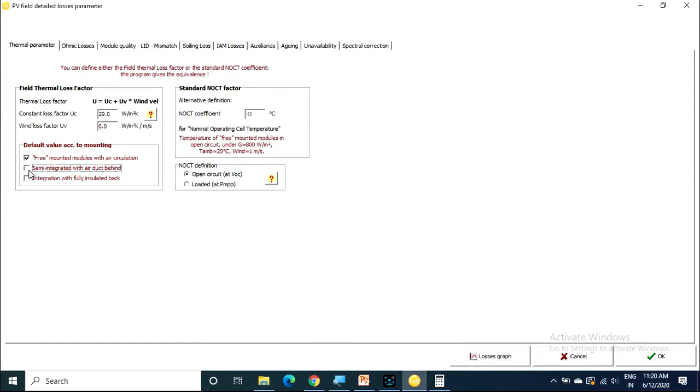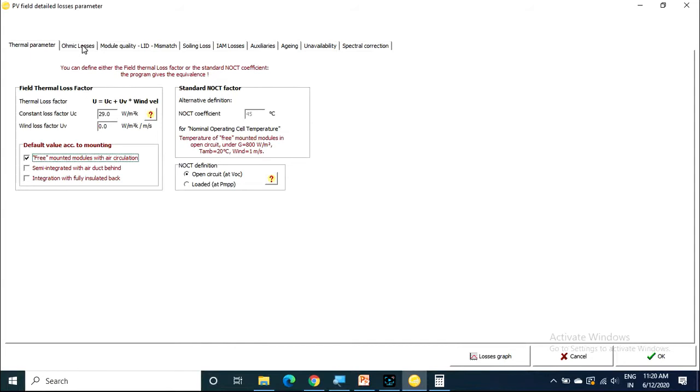And when you choose semi integrated, it increases to 56. Why? Because here air circulation is less when compared to free mounted. And integrated with fully insulated also increases. So I am choosing free mounted modules. Then the temperature losses somewhat decrease.